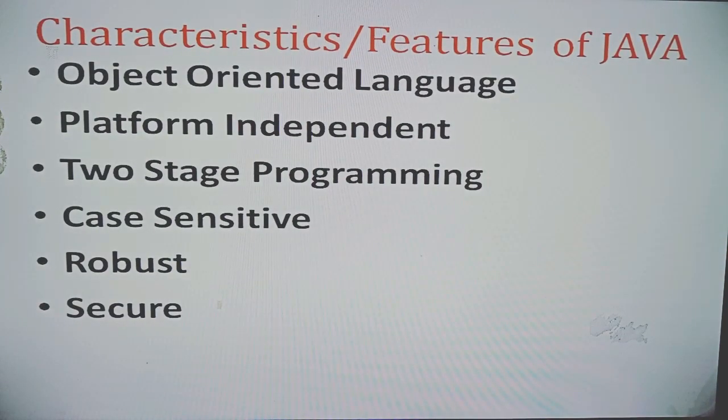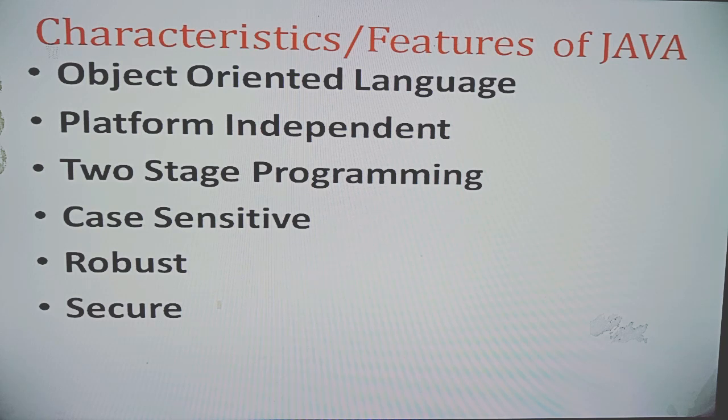So the next topic is characteristics or features of Java. This is a very important question for 10th standard section A. This question can be asked for 2 marks in the board examination. They will ask you to just list down any 4 or any 2 features of Java. So no need to write the explanation in that case, just write the names.